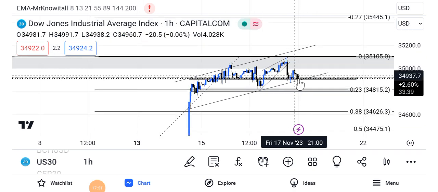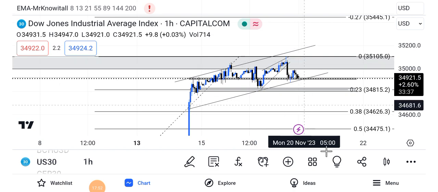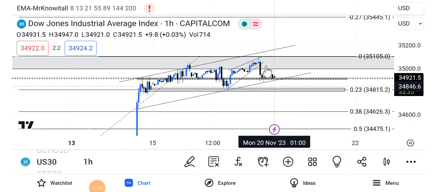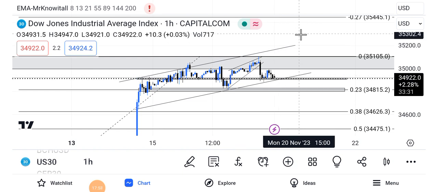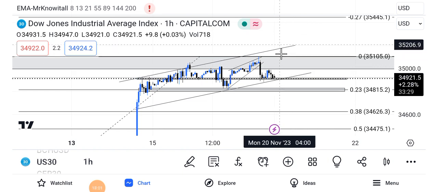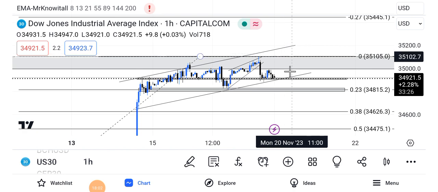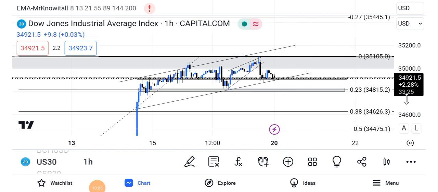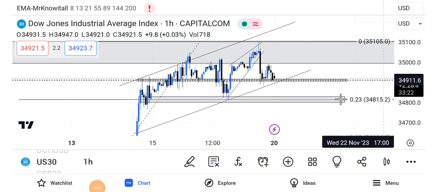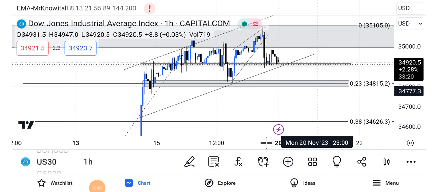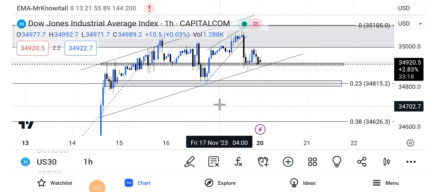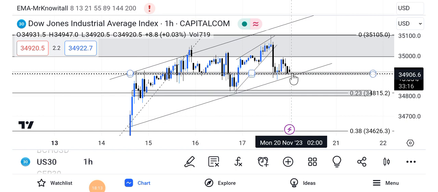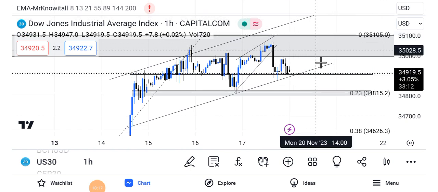upside. So what can happen is that the market can actually create a W formation from here, and then continue to go and break above this area right here. So now what's going to happen is that we're going to be patient, guys. We're going to be patient and see exactly what the market is doing on a bigger time frame, guys. If ever this thing breaks above this, going all the way up,